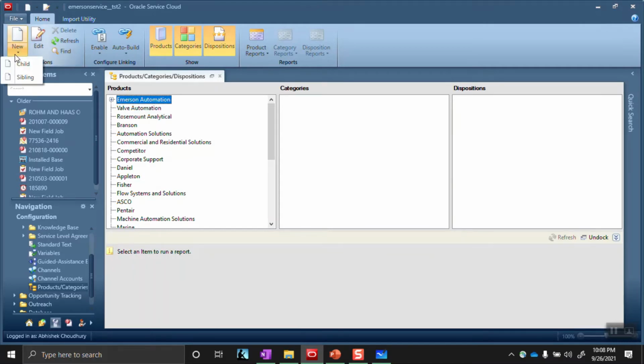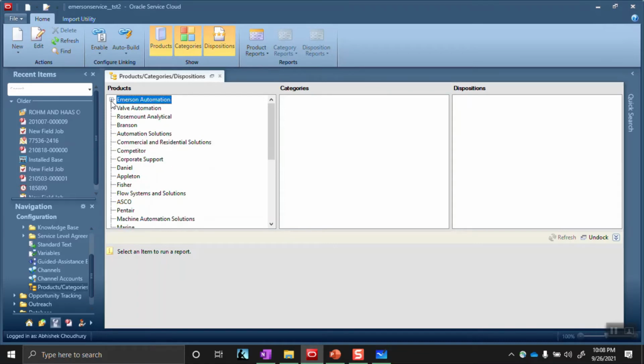You can go here and do the new child and sibling. Sibling is basically at the same level as your selection. Child is basically under your selection. But we can also do a right click, and I prefer this right click because it gives me a little more flexibility and visibility.